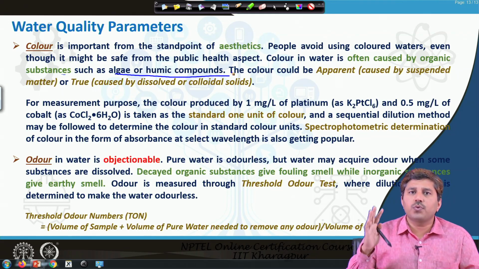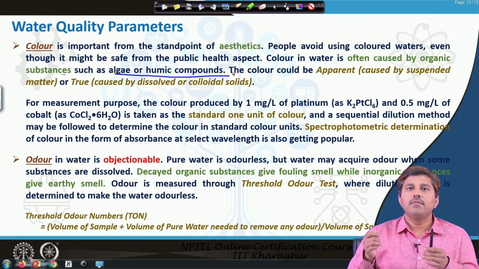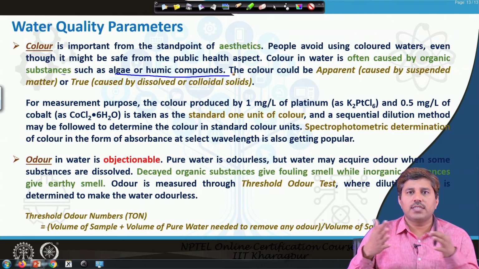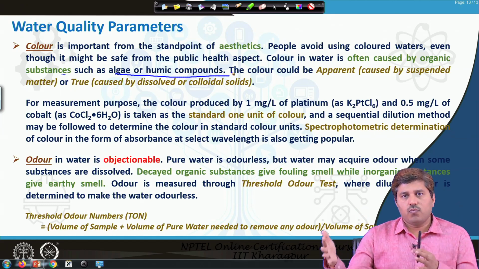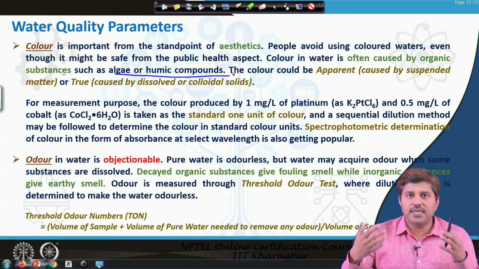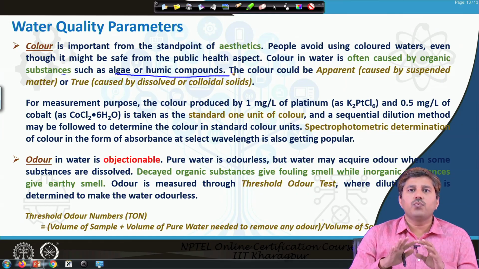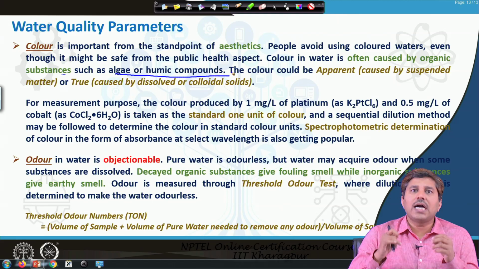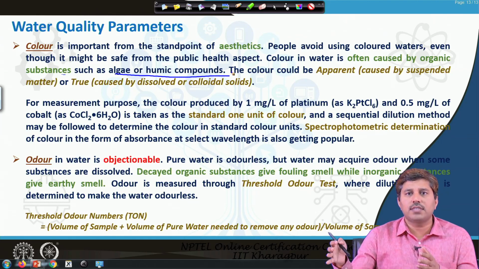The color typically could be of two types. So, one is called true color, which is caused by the dissolved or colloidal solids present in the water. So, if you take a pinch of dye and put it in the water, it gets colored. Now, you keep that water for a day, couple of days, 7 days, a week, or even a higher time, you will not see that the color of water is changing, it is still colored water, okay, because it is due to the compounds which are already dissolved in the water, or in some cases even in the colloidal stages, because colloids also are not typically removed just by statically holding the water.